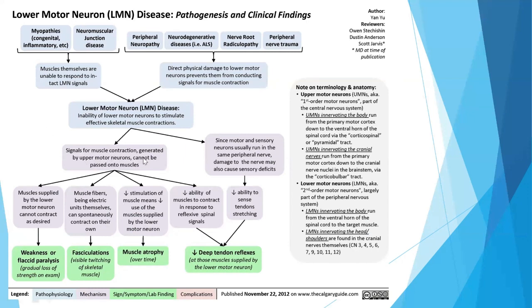Now, the signals for muscle contraction generated by upper motor neurons cannot be passed into the muscle, so it can cause weakness or flaccid paralysis, fasciculations, and muscle atrophy. Also, since motor and sensory neurons usually run in the same peripheral nerve, damage to the nerve may also cause sensory deficits, which can cause